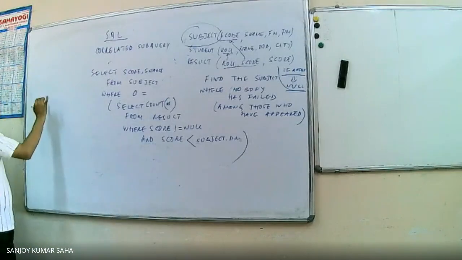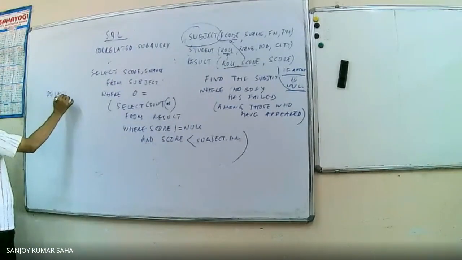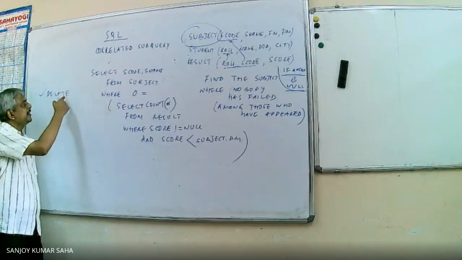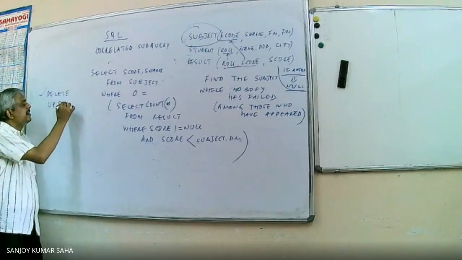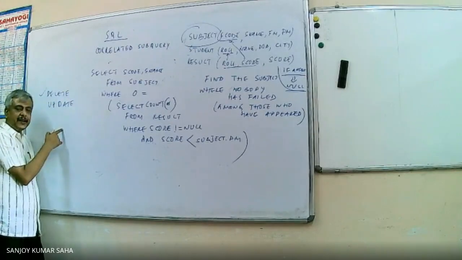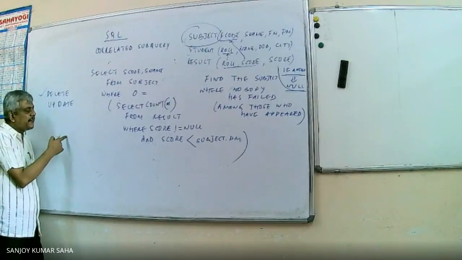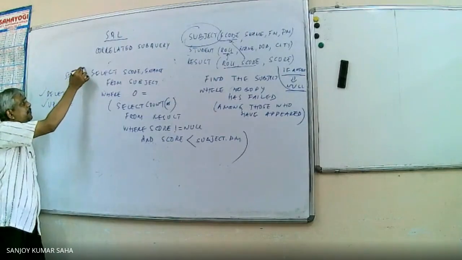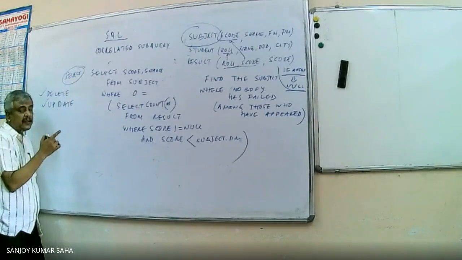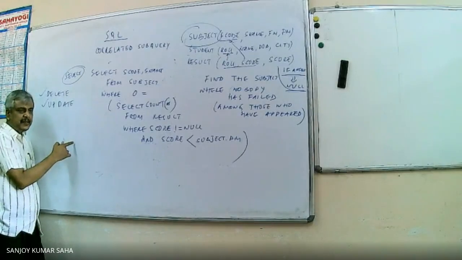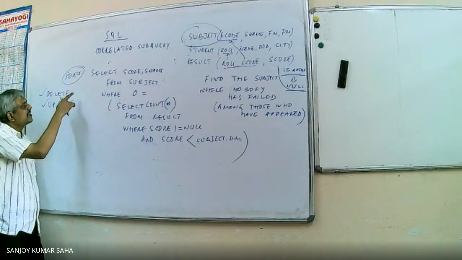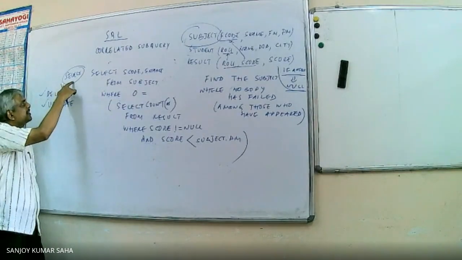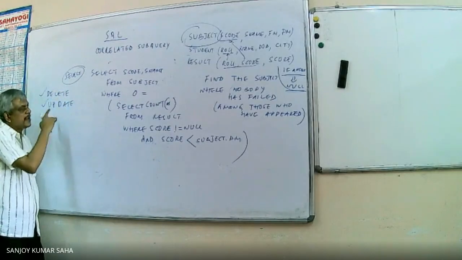So along with our select statement, if required, I can apply the action on the candidate table. It may be delete, it may be update. So it's not only a select kind of thing. As we have said, the where, the having, group by having, for condition checking, always as per the requirement, you can apply those things, and the action, not only the select statement, may be delete, may be update.